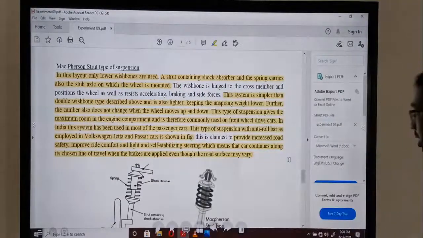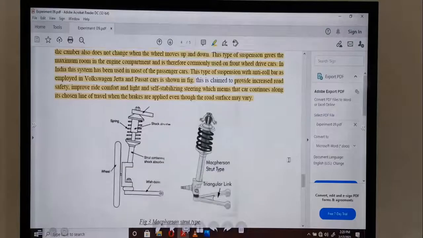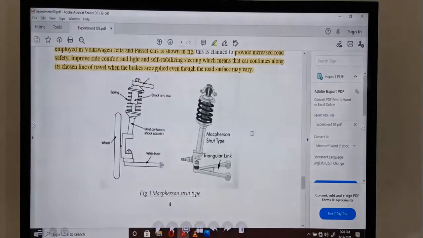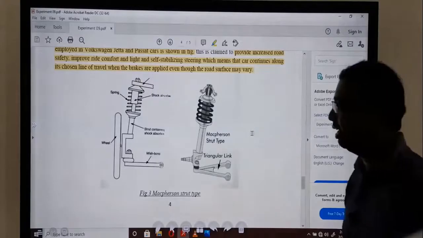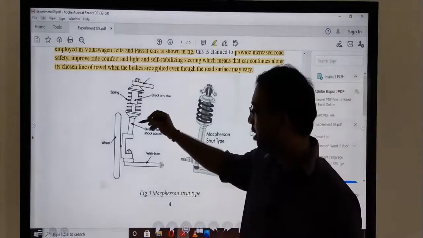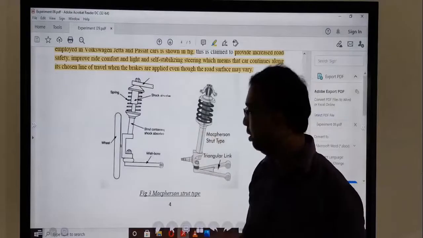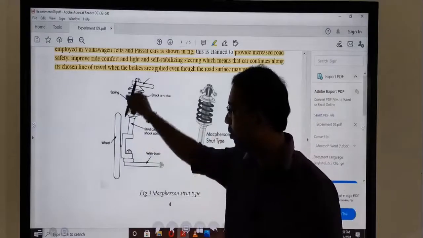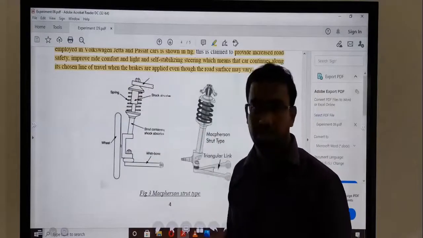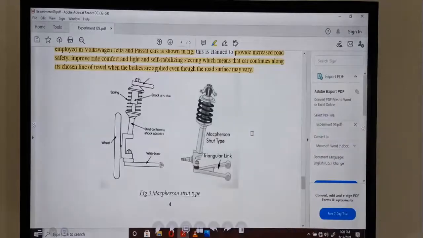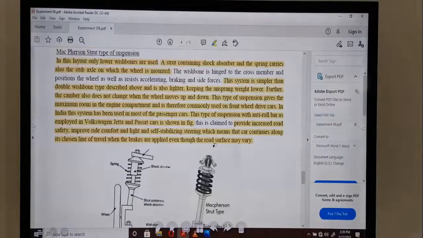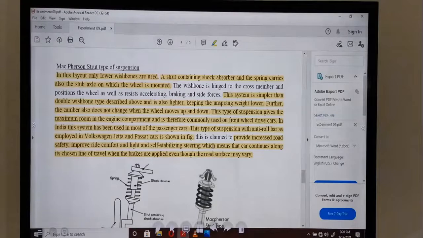I will explain. You can get an idea there, because this is independent suspension, but there is no lower arm, so the vehicle does not move vertically. I will explain with the animation, then you can get an idea how the camber angle changes.